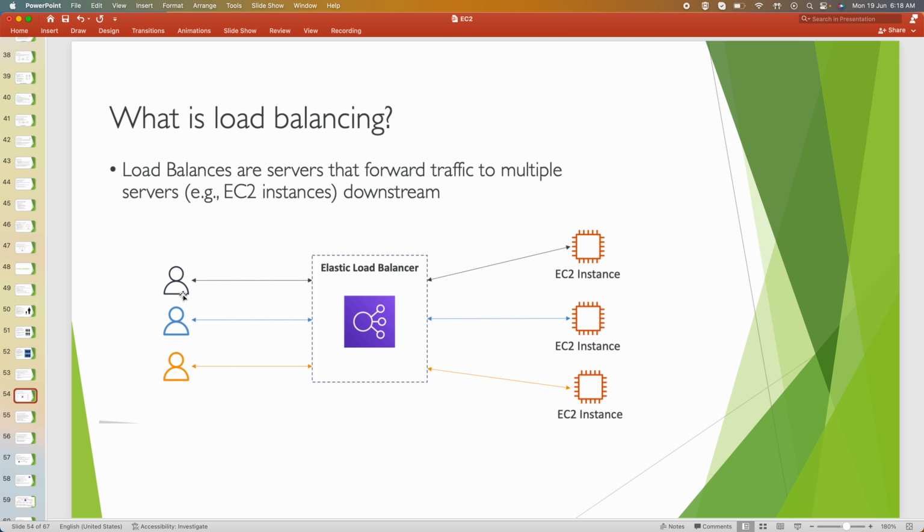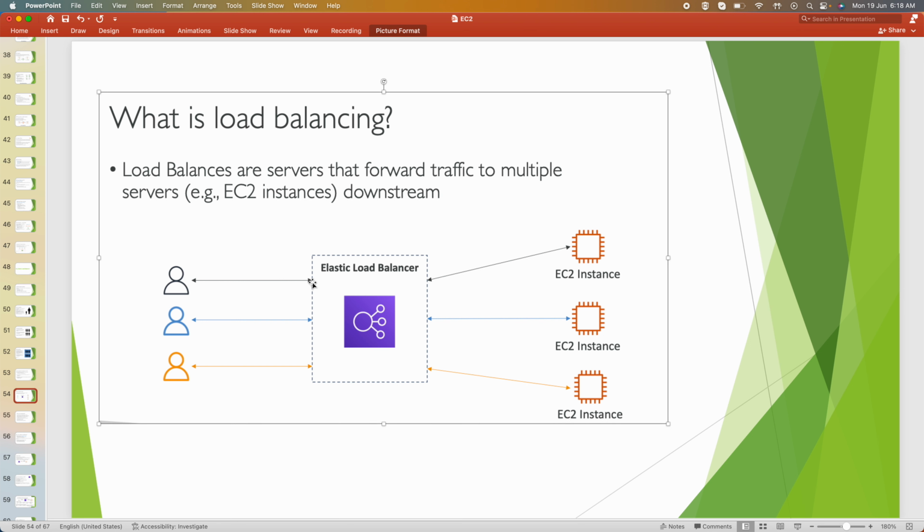Say we have one user who sends a request, which may be an HTTP request, and it goes to the load balancer, and the load balancer will send it to one server. This is the horizontal scalability we have seen, where we increase the servers. For our application we have kept 3 servers, and consider our application is running on these 3 servers. These are the different users using our application. Whenever the first user makes a request, it goes to the load balancer, and the load balancer forwards that request to an EC2 instance, which responds, and the response is sent to the user. And at the same time, if another user is also requesting,